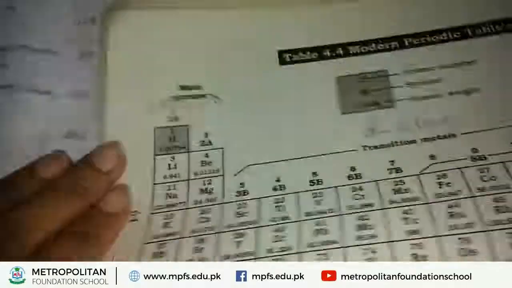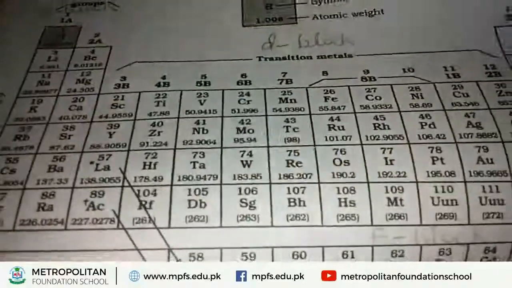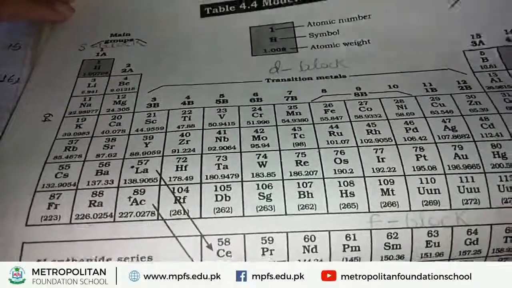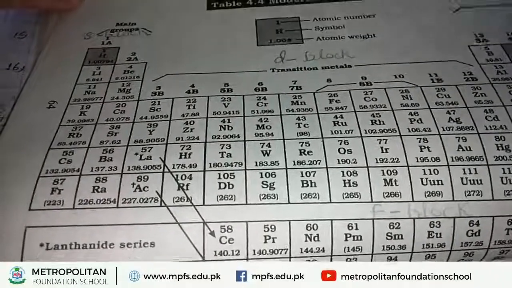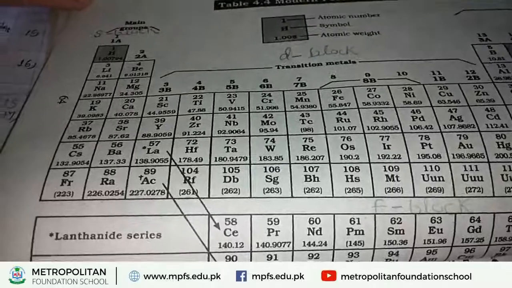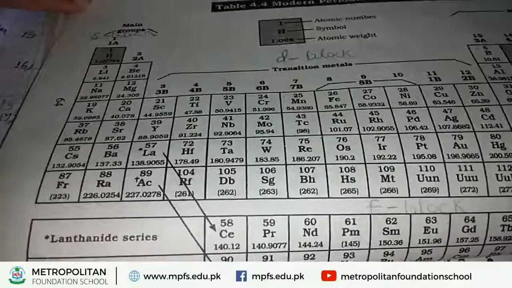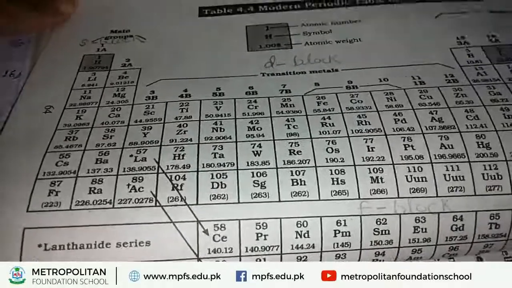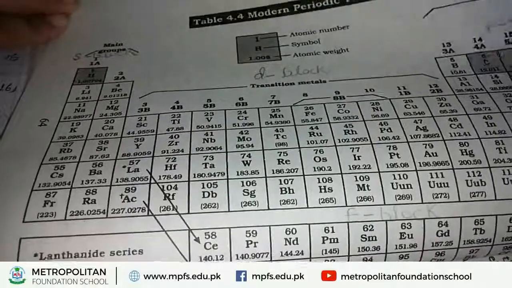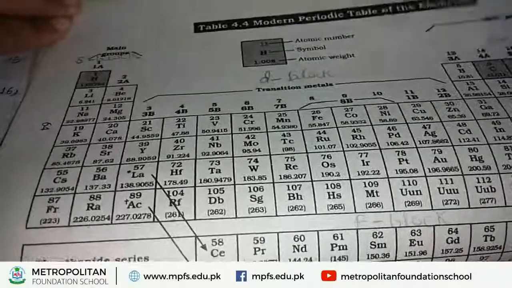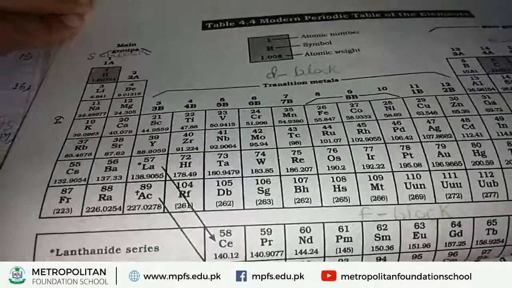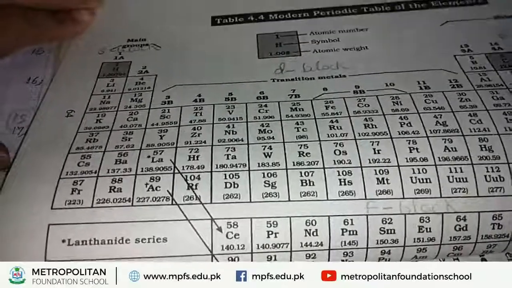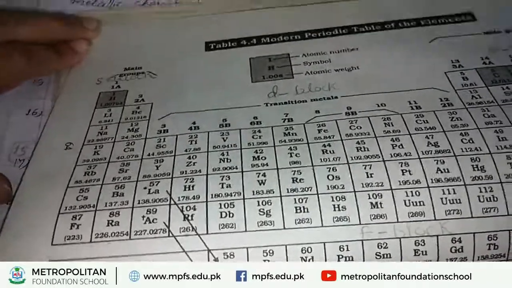Okay, look at this picture. In this picture you see vertical columns. Elements are arranged in a vertical manner, in the y axis. These vertical columns are called groups. And how many groups are present in the modern periodic table? 16. Remember students, 16 groups are included in the modern periodic table.